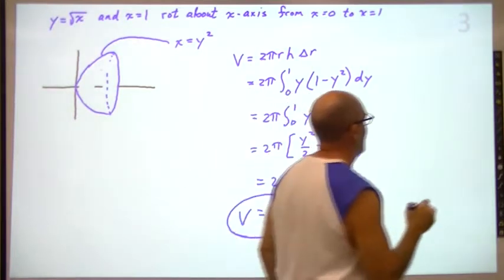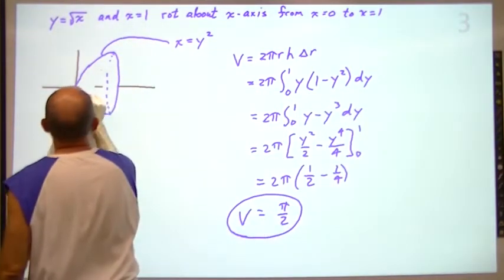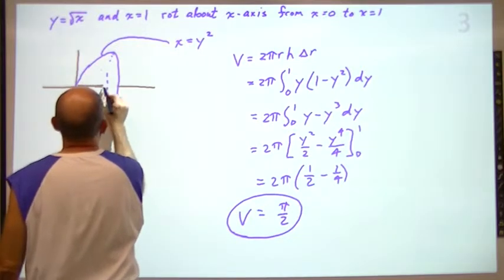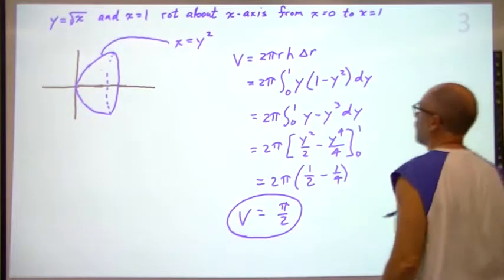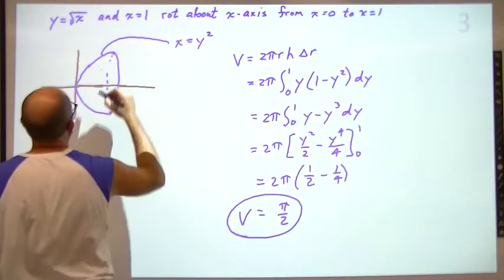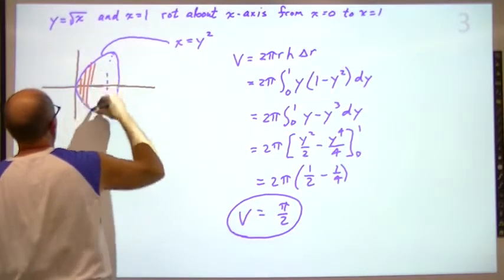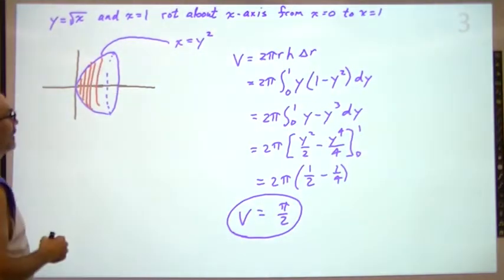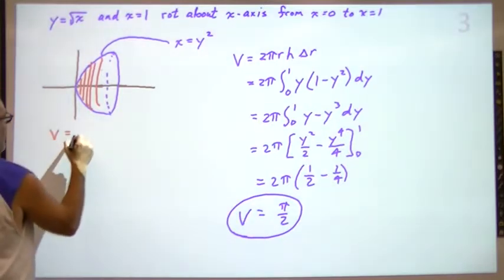Okay. Now my discs are going to be like this. Those are my discs. So I would say volume equals